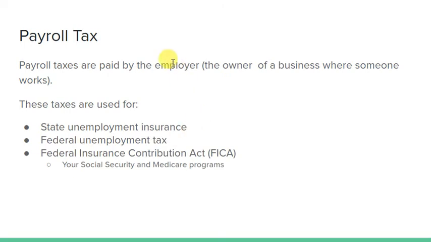Payroll tax, like I said, is actually paid by the employer. Your employer pays taxes for their business, which goes towards state unemployment insurance, federal unemployment tax, and federal insurance contribution, so Social Security and Medicare programs. A lot of times you'll see that your Social Security and Medicare gets pulled out anyway, but mostly the payroll tax goes towards unemployment. So let's say that you have a job somewhere and you lose your job and it's another recession and you can't find anywhere to work. State unemployment will actually help take care of you until you're able to find a job, but you don't get a free skate. You have to do a lot of work while you're on unemployment, so don't think that.